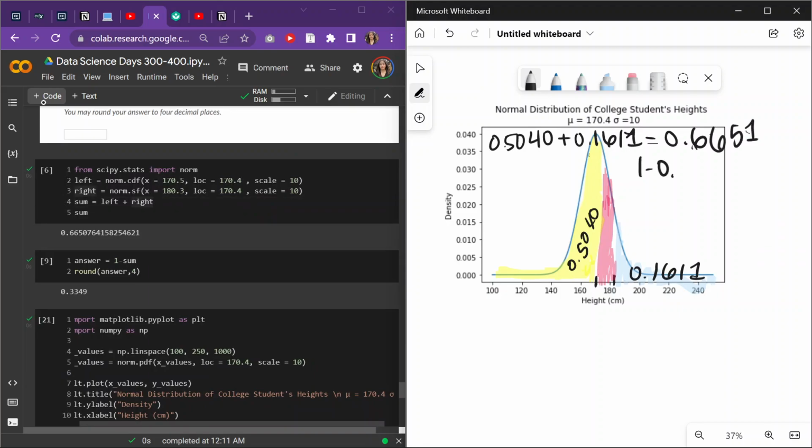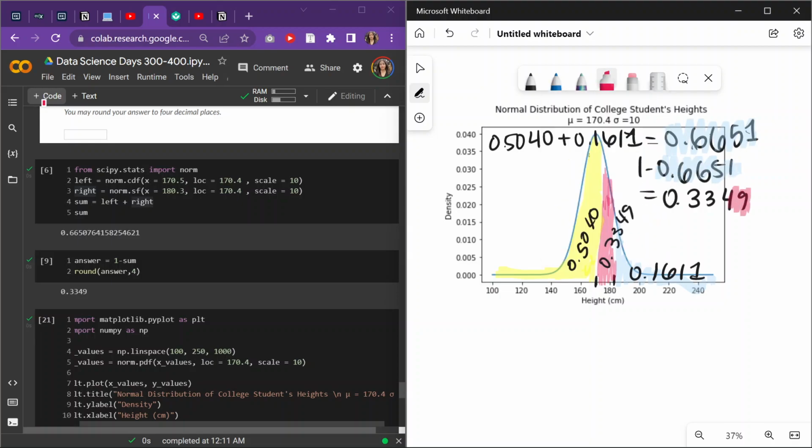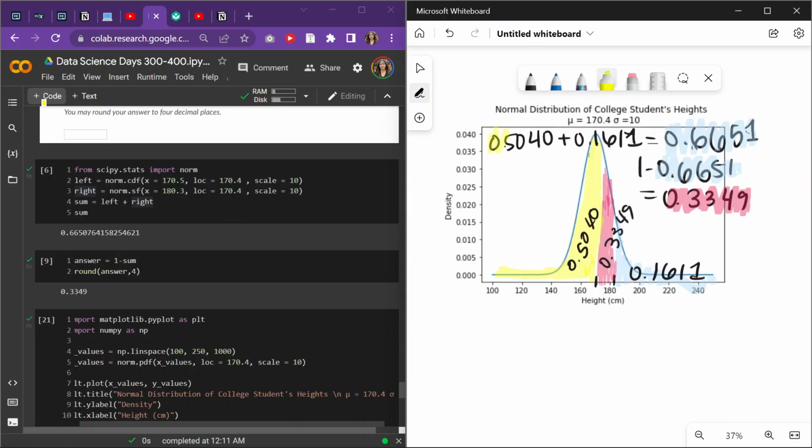I did 1 minus 0.6651, and that gave me 0.3349, and that was this area right here, 0.3349. All right, so let me color code that because I love color coding. So this is the pink area, this is the yellow area,